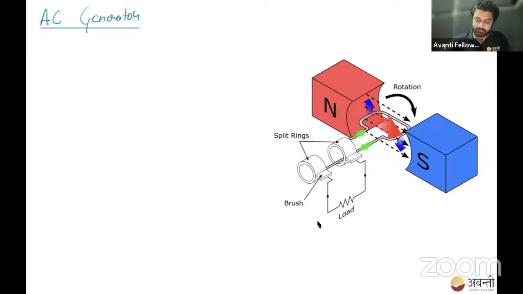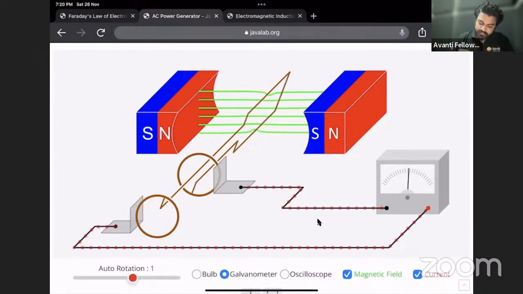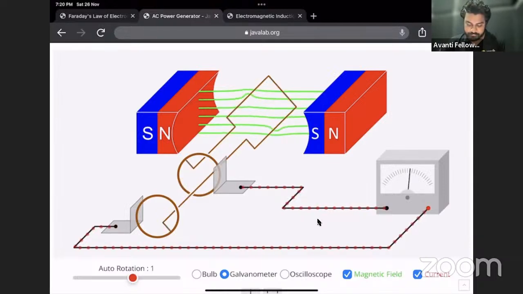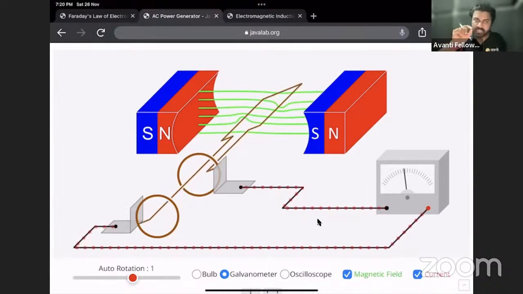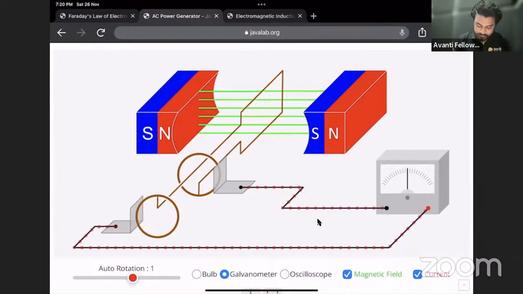Right? Okay. Chalo, look here. So magnetic field lines in green color are shown, right? And there is a loop, only one wire is shown. But in that real motor, so many wires are there to get more torque, okay, to get more power. So see here how it will rotate. If it rotates like this, means flux is changing continuously. Okay, and you can see the direction of current also. First the charges are moving forward, then backward, then forward, then backward. This is AC current, right? In this way only AC generators work.